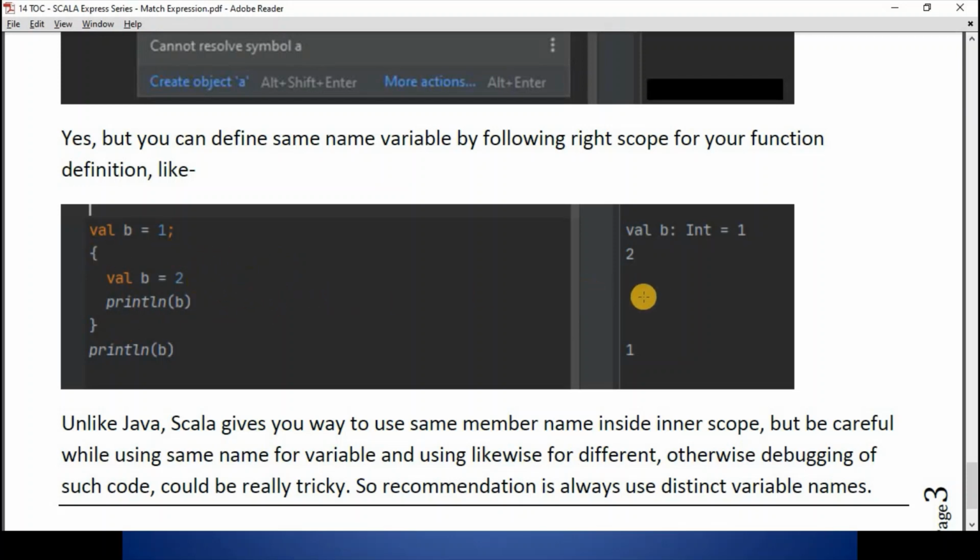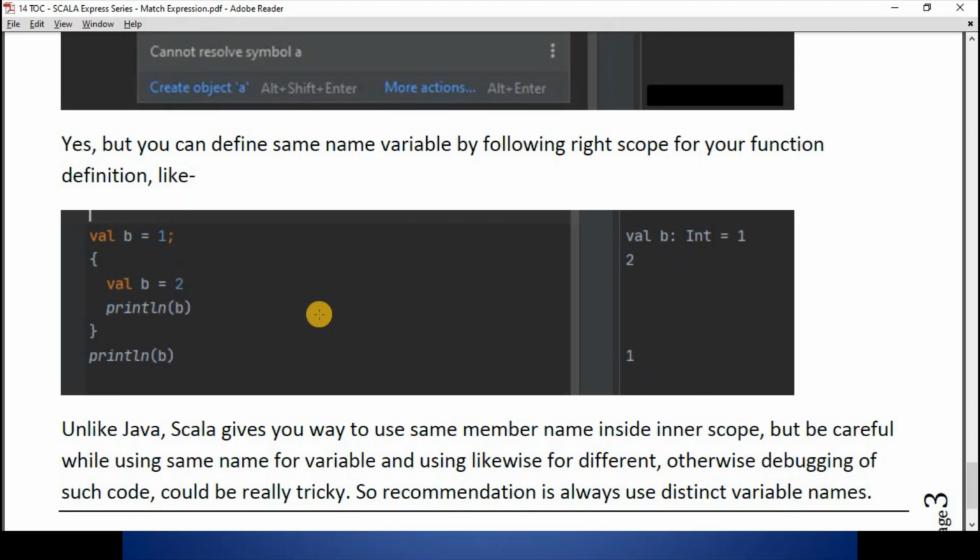So in this scope, b will behave as 2. As you can see, after execution we are getting 2. And then we are defining a println statement to give the b value again. So here we should get 1 as expected. It was just for understanding purposes that I have explained the scope of variables and how you can manage it, but it is always advisable to define distinct variable names within their own scope for their literals.